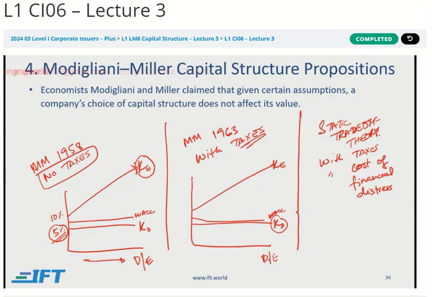But then later on, we have the static trade-off theory, which says, okay, this is also with taxes. So it does say as you increase the debt, your weighted average cost of capital does come down. But then there is something called cost of financial distress, which means let's say COVID lockdown is there, your sales are not coming, your profit is bad, right? You're in a loss and you go bankrupt because interest payments have to be made and you can't make them.